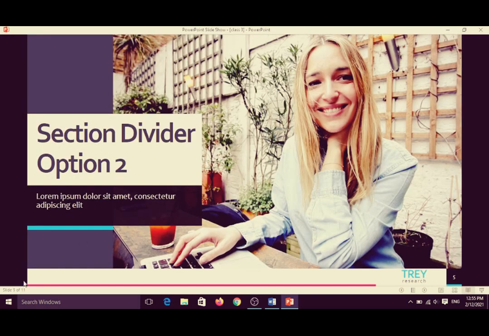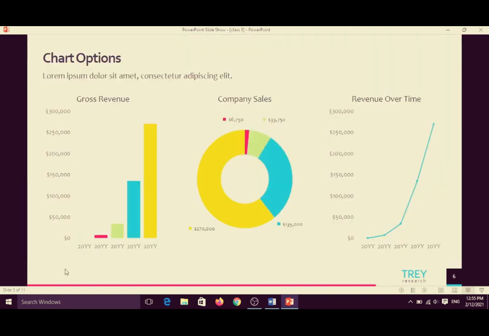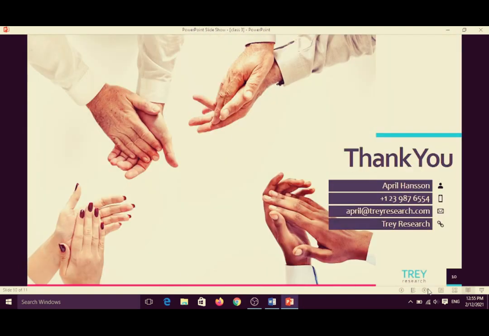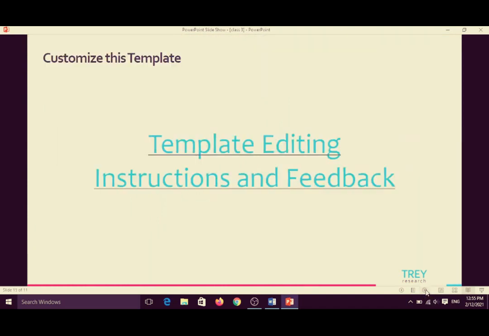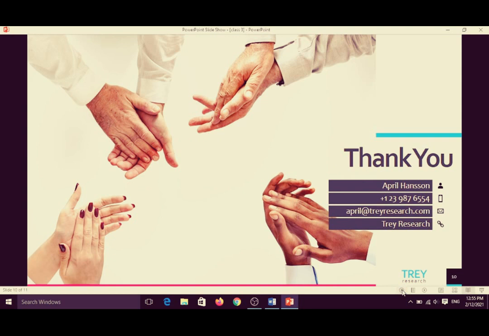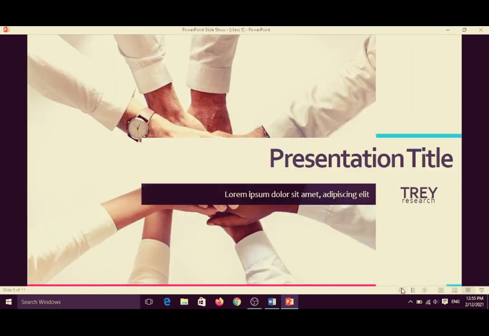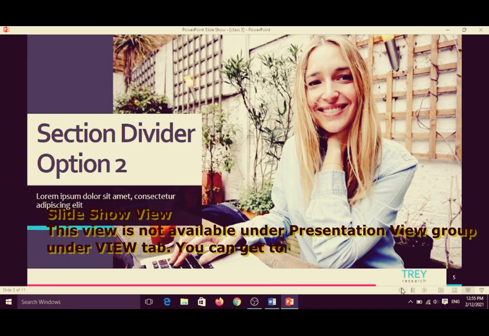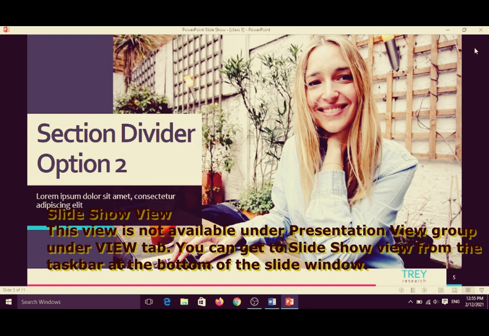You can see easily when you click here, it gives Next and Back. It is the navigation button at the bottom right, on the right side of the bottom of this slide. You can see easily. Slide Show view.